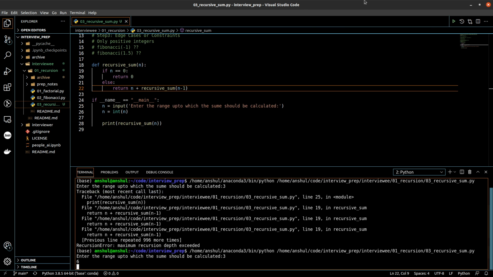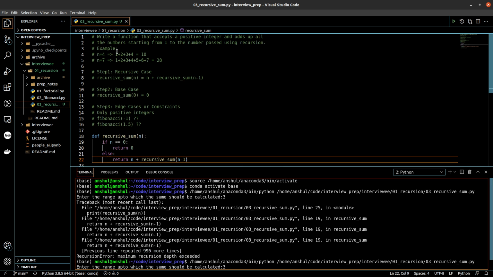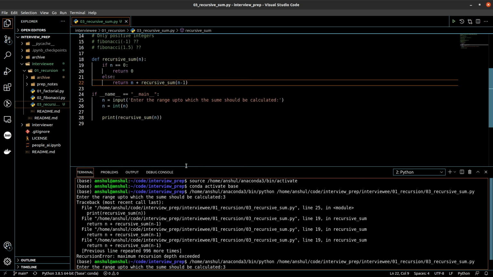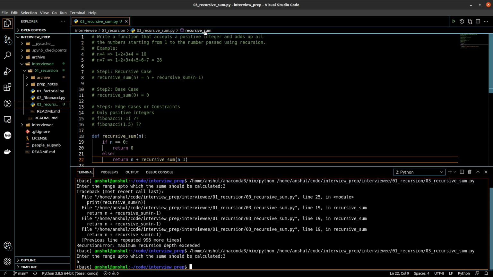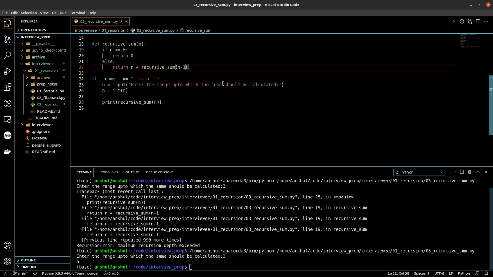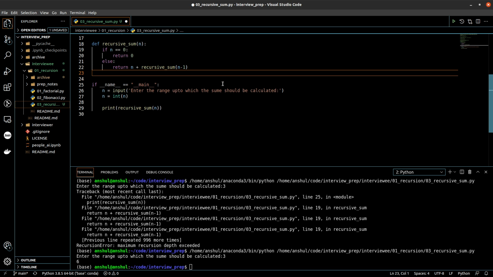So this time if I pass the number as 3, I'm getting the sum as 6, which is 1 plus 2 plus 3, of course, which is 6. So in a nutshell, this is how the function should work. But like I mentioned, we also have to check that the number we are considering for the range should be a positive integer. So for that, let's create another function just to check whether the number is an integer